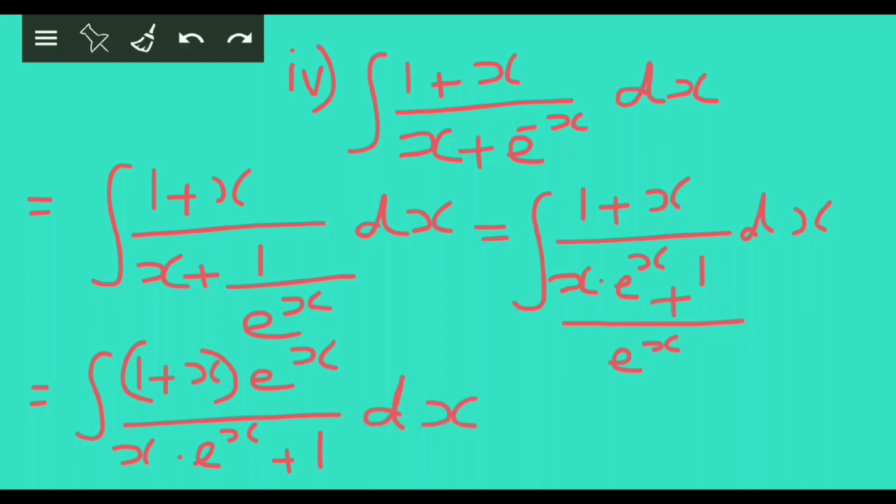Okay, now we cannot simplify any further. So what we are going to do is we are going to substitute. As usual, we are going to substitute in such a way that we get the fractions in a very convenient form. So we take the denominator as t. So the denominator x into e raised to x plus 1 becomes t over here. So we write like this. So let x e raised to x plus 1